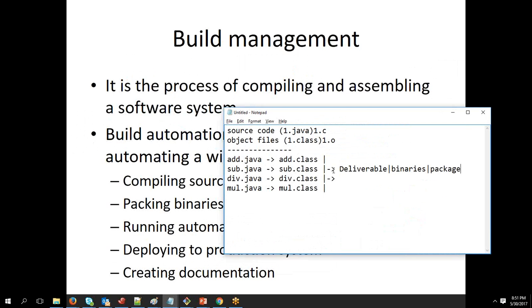So that is when, as of now, for doing the build automation or for handling the build, we have specific tools which are called build tools. Just like how we have an SCM tool to take care of version controlling, we have a tool which is used specifically to take care of all these build activities, which are called build tools. So the next topic that we are going to